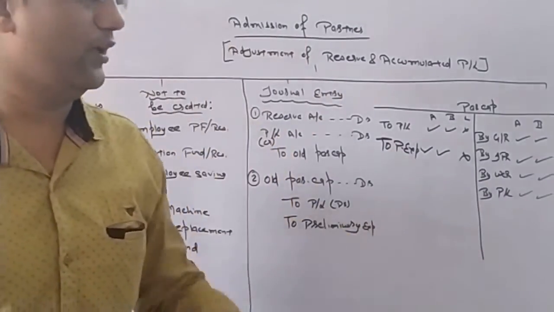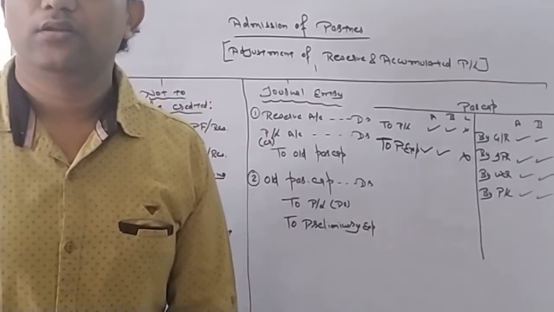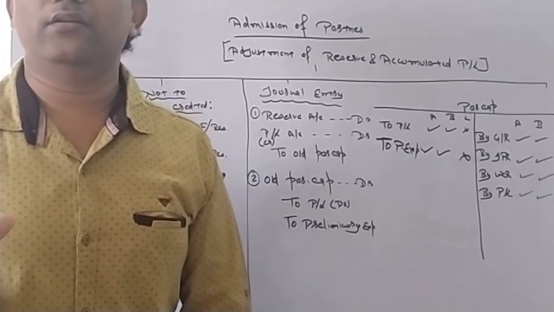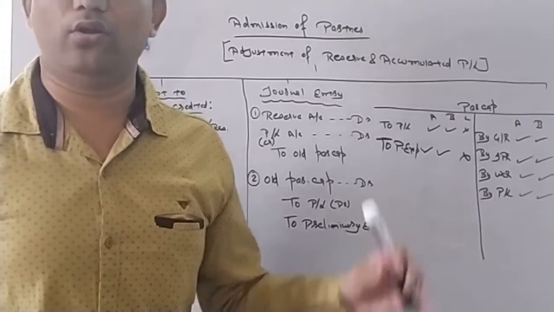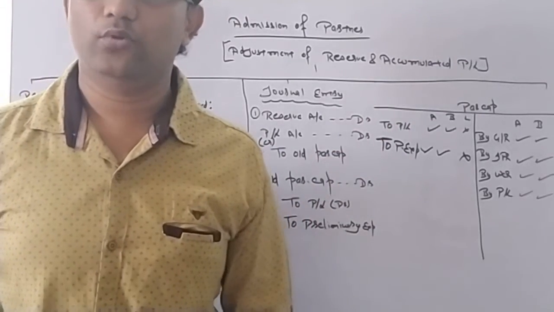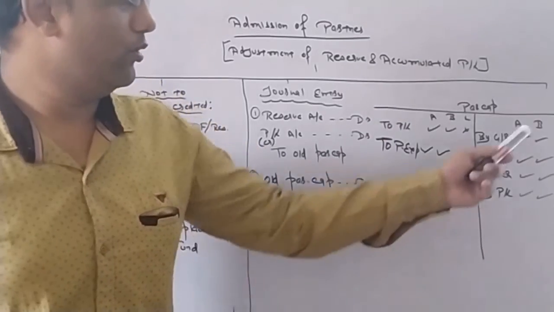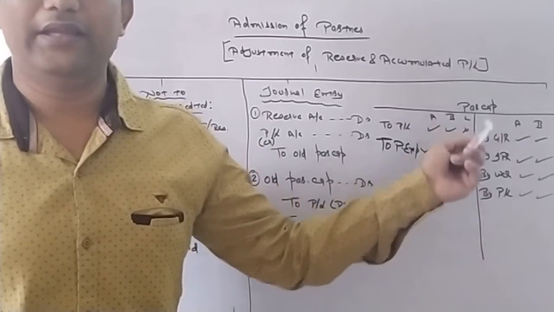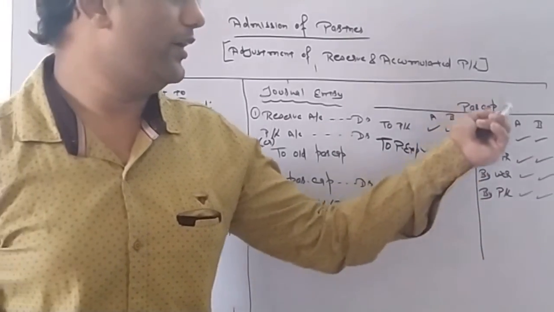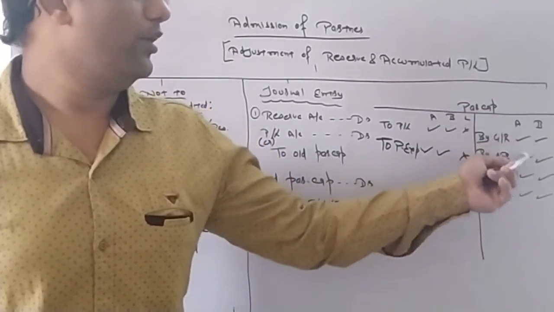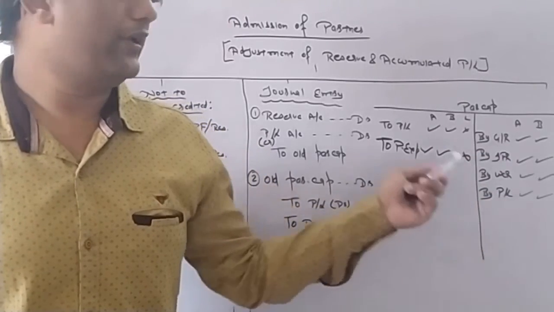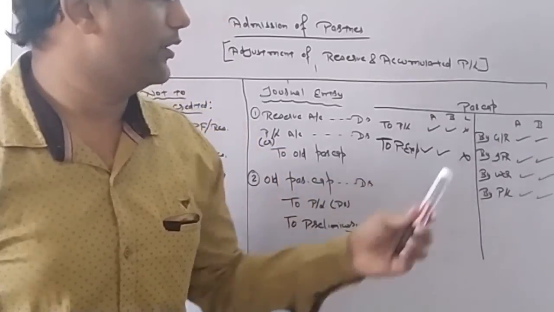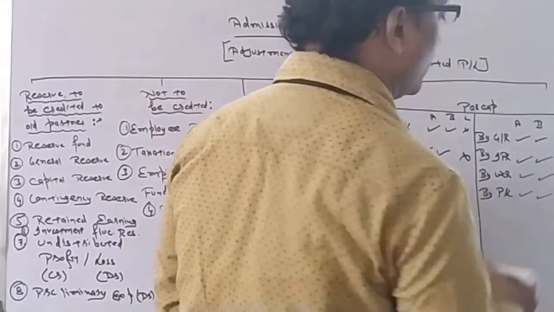And all those figures we have discussed, we will distribute among old partners. The new partner doesn't have any right or obligation on all these reserves and PL. No right, no obligation. So, in my example, Mr. C is the new partner, A and B are old partners. So, A and B will get all these reserves and PL, or we can take it from them if there is a loss. Mr. C will not bear anything. Everything is cut off over there.